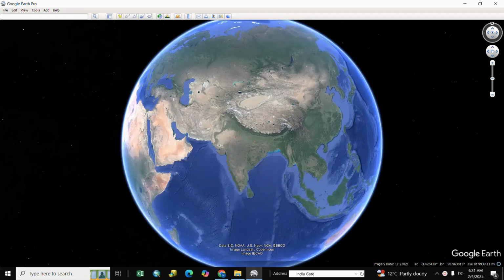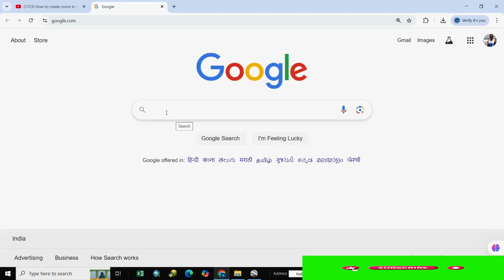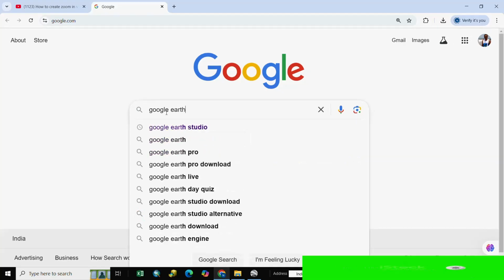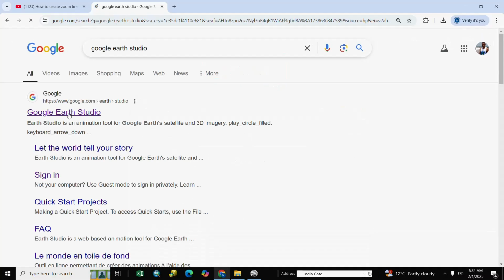In this video we show you how to create a Google Earth zoom in, zoom out video. So let's start. Here is our Google Chrome and we search for Google Earth Studio, and we hit Google Earth Studio.